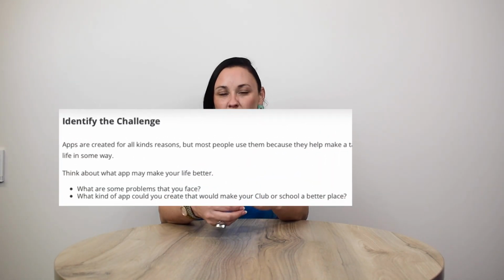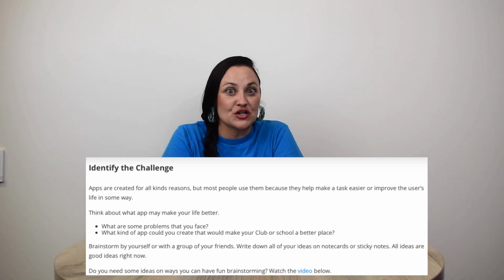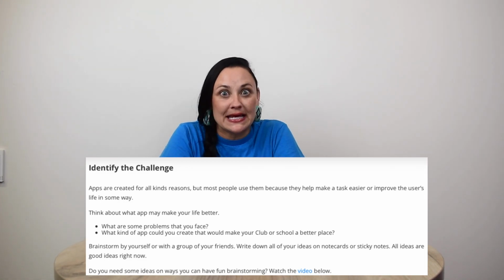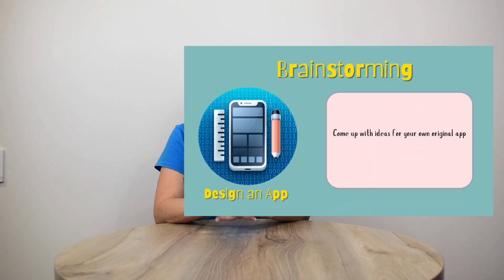All right, so after talking to some of the kids at the clubs and them expressing to me that losing their things was aggravating them, I tried to brainstorm and think of ways we could help make life easier in that scenario. I couldn't think of anything, so I hopped onto myfuture.net and I found the perfect activity. It is the Design an App badge with all sorts of fun activities, and we're going to kick it off today with the brainstorming activity.